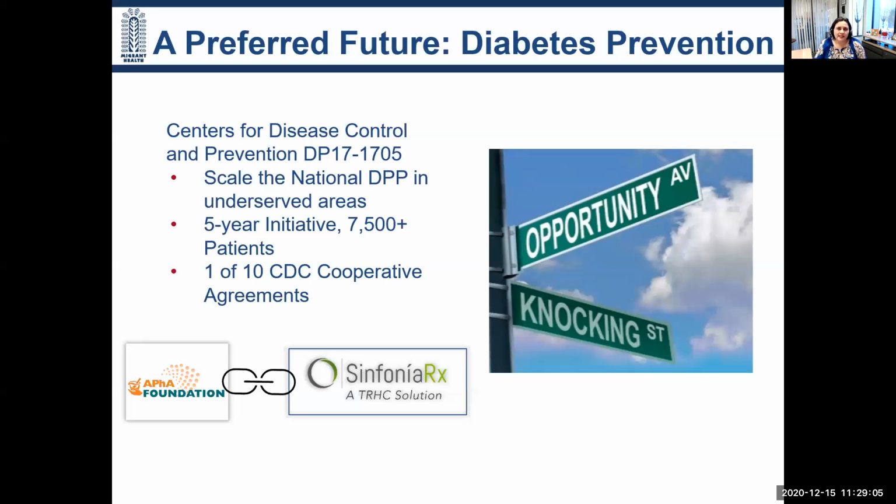So we were really excited to figure out how to take a model that we were using for medication therapy management and then apply that to diabetes prevention program to be able to reach numerous people, regardless of their geography and then regardless of their language, because we wanted to be able to help support them in that way.